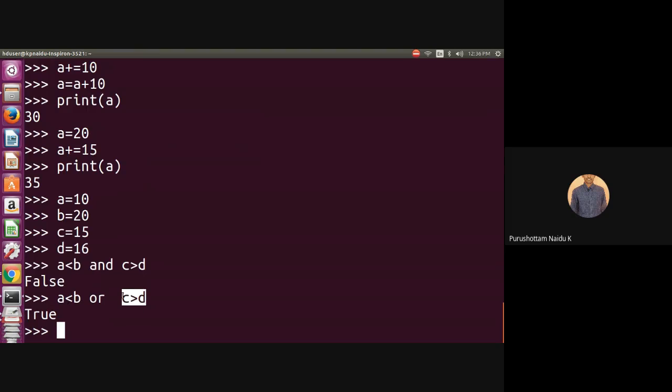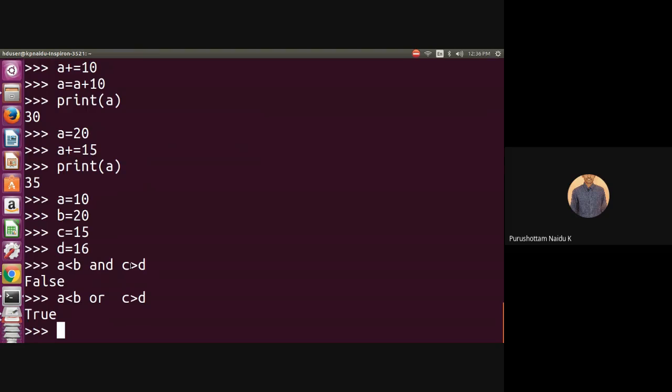If that is true, the output is true; if it is false, the output is false. Just like the AND operator: if the first is false, false with anything is false, so the AND operation does not evaluate the next expression. If it is true, then it evaluates the next expression.